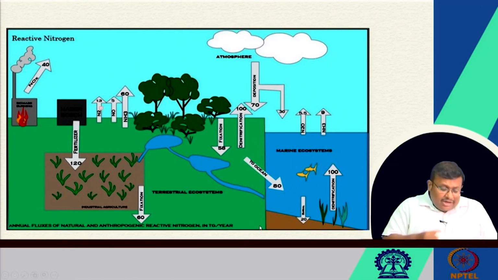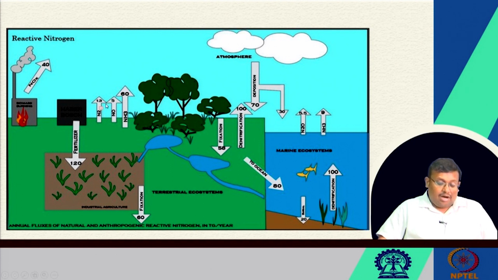So, if we want to see the annual fluxes of natural and anthropogenic reactive nitrogen in teragram per year, we will see this picture. So, here you can see that nitrogen oxides are releasing at 40 teragram per year. So, due to biomass burning, and then due to the Haber-Bosch synthesis, through fertilizer we are adding 120 teragrams of nitrogen per year, and